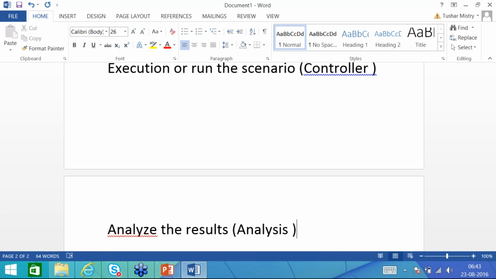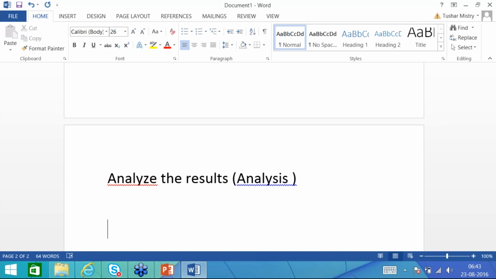There you can analyze your results and then prepare the report. Whatever statistic data you have in the analysis, you can put it down either in a graphical format or statistic and then prepare a report.